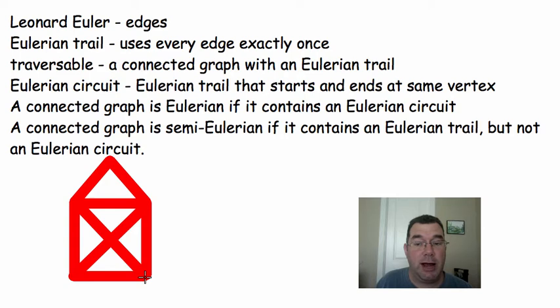We can't make one with this graph. And a connected graph is Eulerian if it has an Eulerian circuit, so you can call the entire graph an Eulerian graph if it has an Eulerian circuit, meaning a trail where you can start and end at the same vertex. And a connected graph would be considered semi-Eulerian if it contained an Eulerian trail like this one does, but it doesn't contain an Eulerian circuit. So this example here would be semi-Eulerian but not Eulerian. All right,